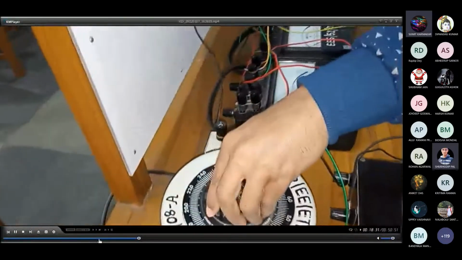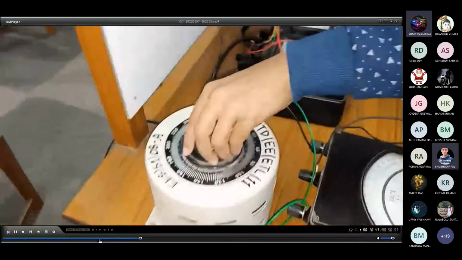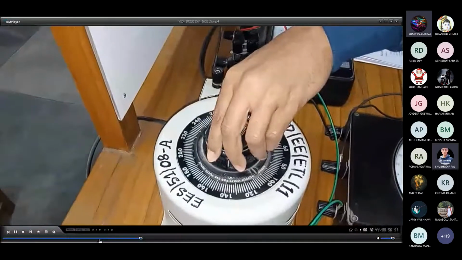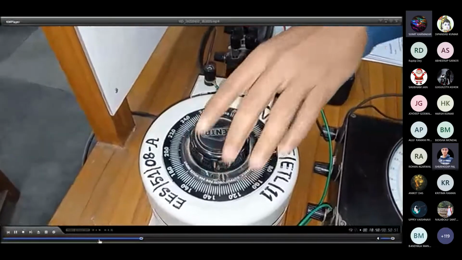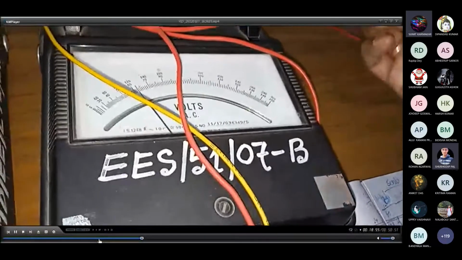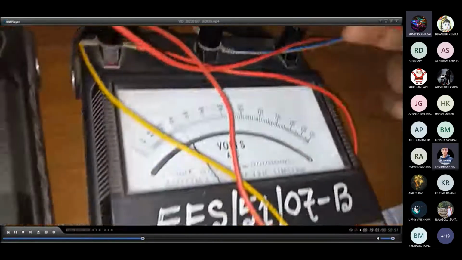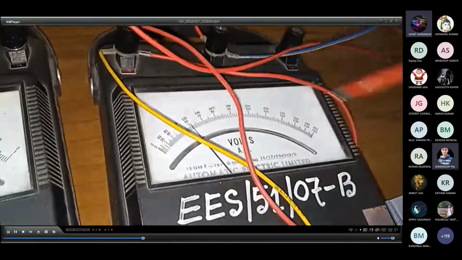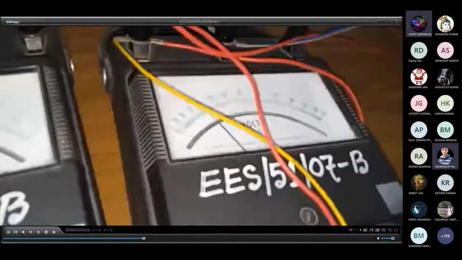Okay? We are actually observing. We have not switched on, so that's why the meter is not showing any reading. So let us again switch it on. Then increase the voltage up to 120. Again, you have to keep in mind where we are setting this 120. Here also we have two scales, 150 and 300. 150 is the lower scale, 300 is the upper scale. Since we have connected 300, we will have to follow the upper scale. So you can see it is exactly 120 showing.